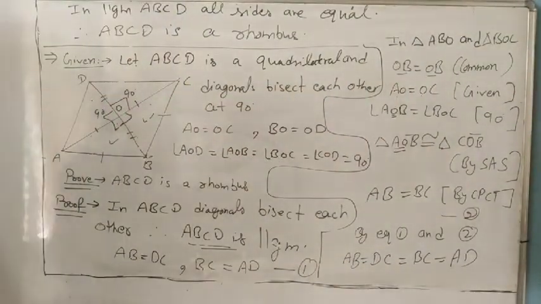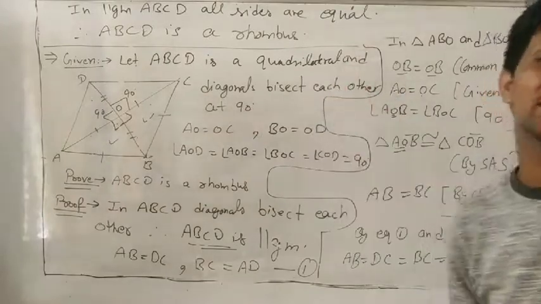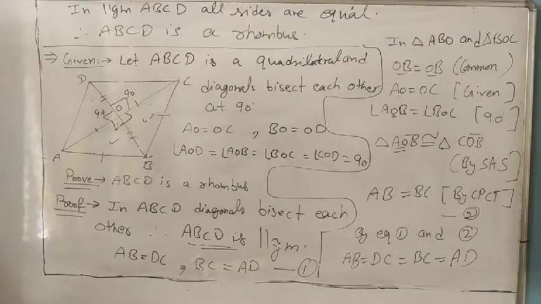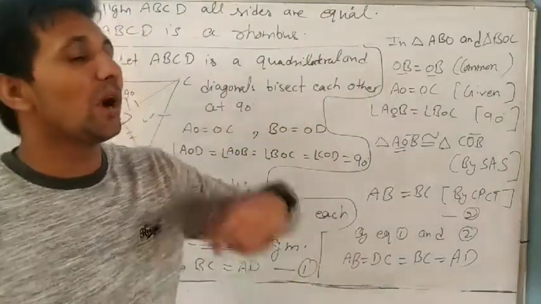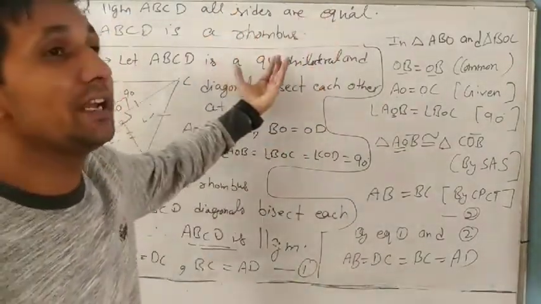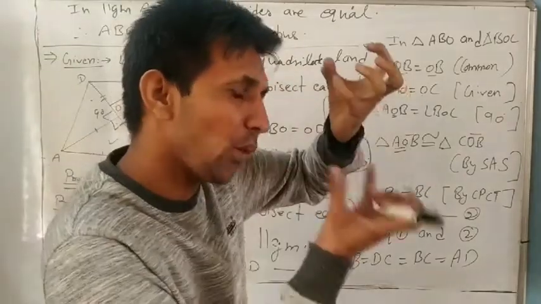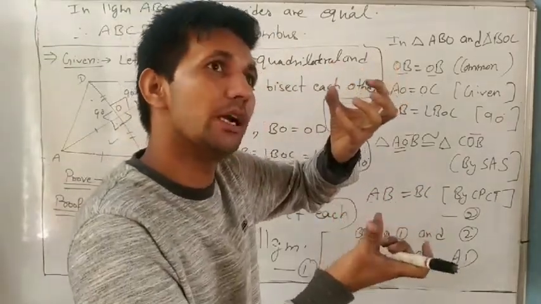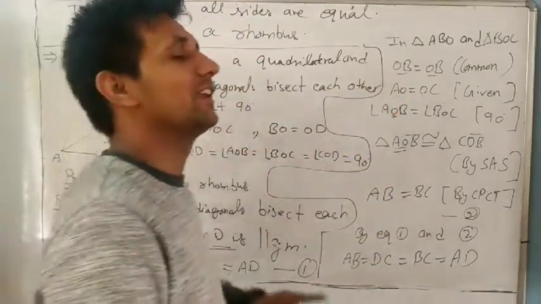Understand it? Questions number 2, 3, 4 and 5 are all the same. We have only proved these questions. I hope everyone understands it. You only have to think about what we want to prove. We want to prove that it is a rhombus. So think in your mind, what is a rhombus? What is the property of a rhombus? Rhombus means all sides are equal. So we have to show that all sides are equal.